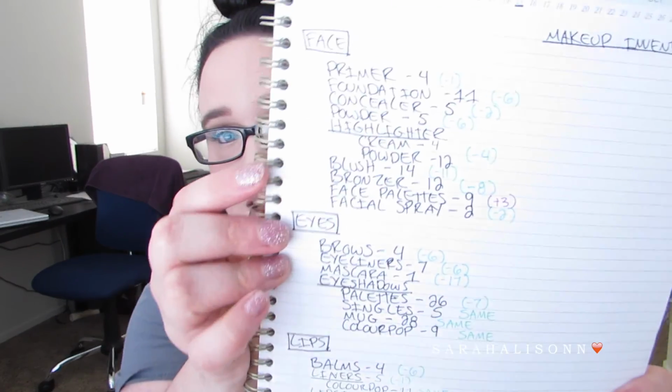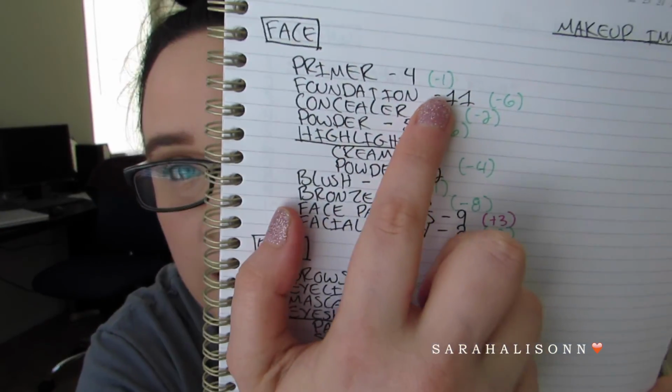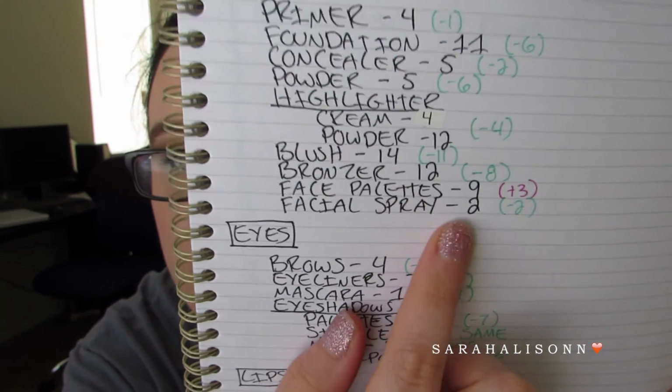But yeah, so this is my entire inventory. It fits all on the page. I do write in green how many products it's gone down, and I write in red how many products it's gone up. It just helps me keep better track so I know what's moving and where, and I like to know why and all that kind of stuff. So that's really been helping. But let's go to my February